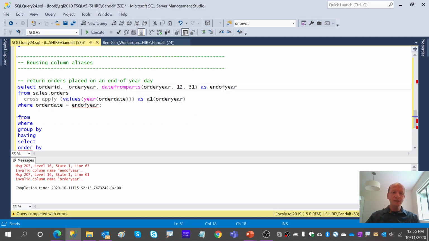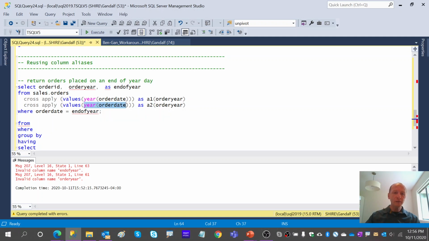And that's something that requires us to gain access to a column from the outer table, which apply supports. If you try to do the same thing, say with a cross join, you would get an error. And now, using a second cross apply, we can go ahead and create something that depends on order year. So creating a second table expression called A2, and then rely on this computation to create end of year, and of course, name the result column end of year. And we don't necessarily even need to show end of year because we're filtering only rows from an end of year date, and therefore it's enough to show the year itself, and suddenly all red lines disappear.